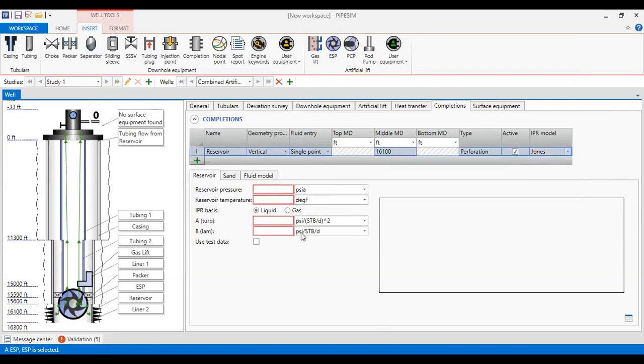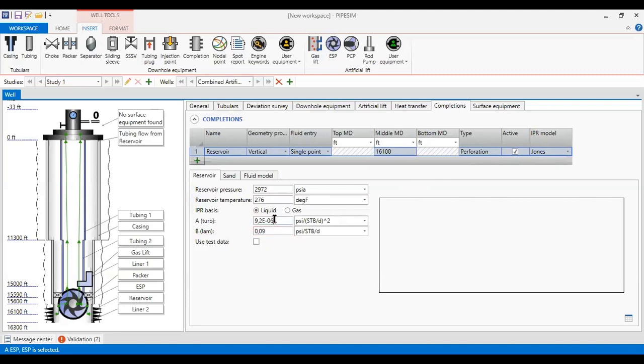All right, and then the reservoir pressure is 2,972, reservoir temperature of 276. Now I use Jones equation, which is indicated by 2 parameters, A for the turbulent aspect and B for the laminar aspect. You can follow me. This is 9.2 times 10 to the power of -6, and the laminar aspect 0.09.